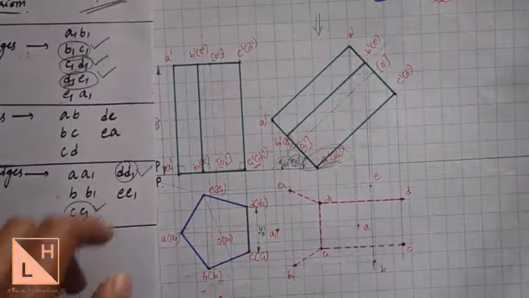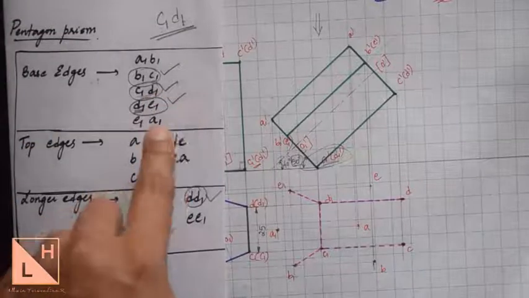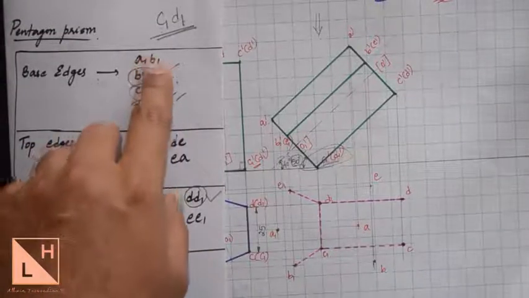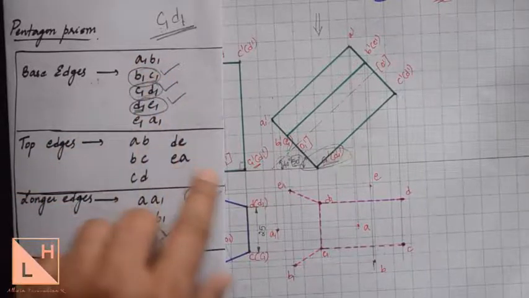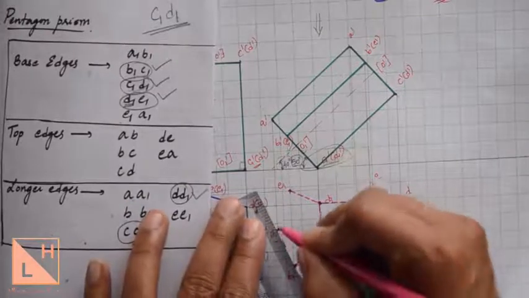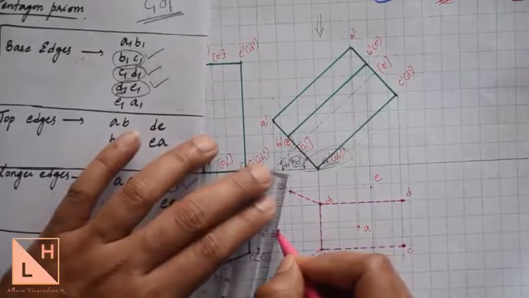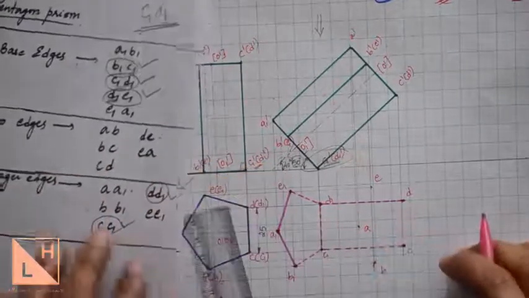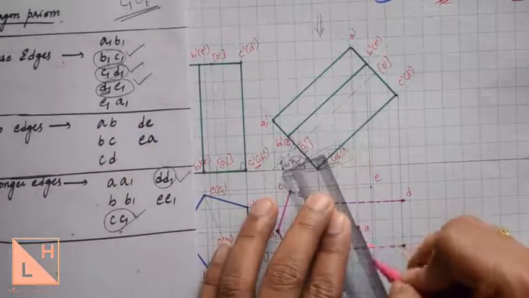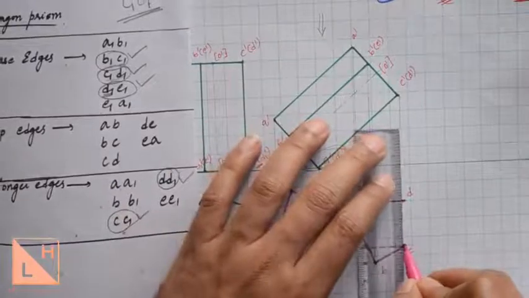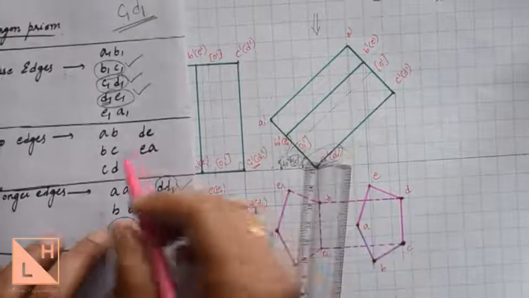edge. Which are the remaining edges? You can just have this same set of edges which we have here. So the ones which are connected, apart from that, which are not circled, will be the visible edges. So A1, B1, E1, A1. So A1, B1 is here, you connect it with a visible edge, and then E1, A1, E1 is here, A1 is here, and then you connect AB, BC, CD, DE, EA. So these edges are connected.